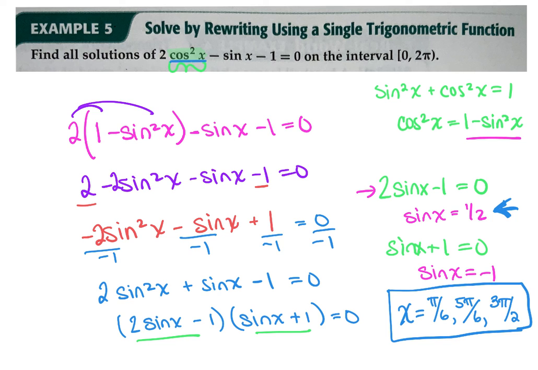So there are times when you might have to use, especially when you see a squared, you may want to look at Pythagorean identities and see if you can replace it and make it easier. Okay? We're going to have a word